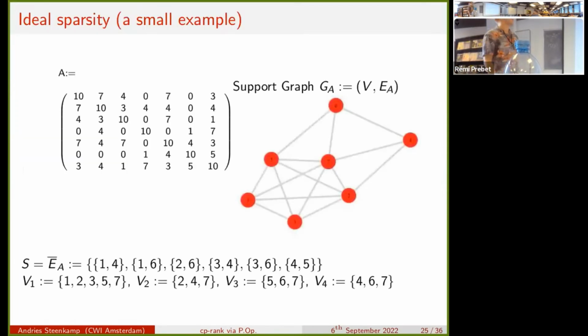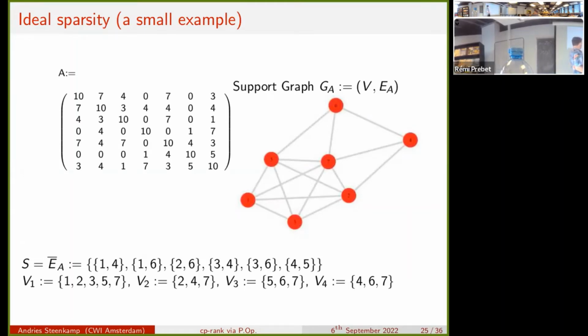So here's a concrete example. This is a matrix which may or may not be CP. It has zeros. It doesn't have a very clear pattern of zeros. If there were two disjoint blocks, then you could break that into two CP matrix problems, but we don't have a clear example of that. So for the matrix, define its support graph. You get edges: you have an edge between, like, this is 5 and 3, if 5 and 3 is non-zero, and more importantly, you have non-edges if you have a zero.